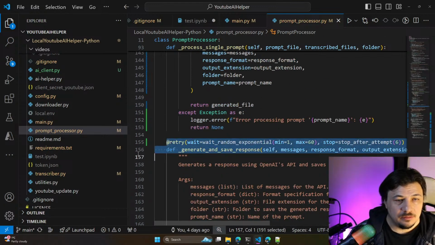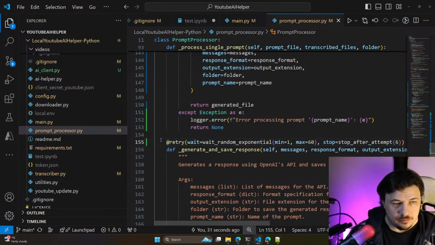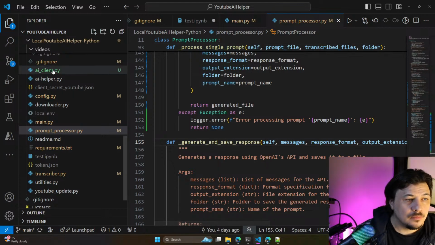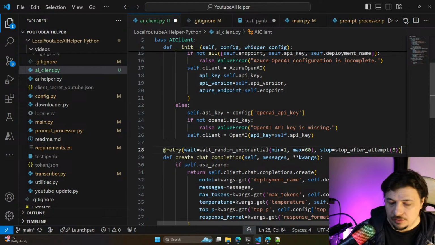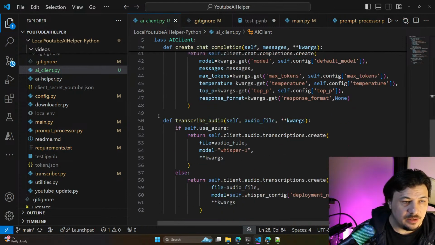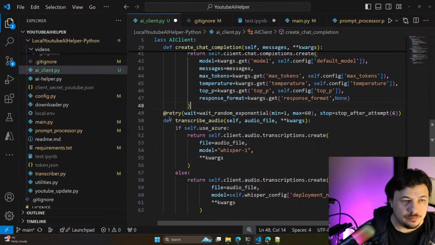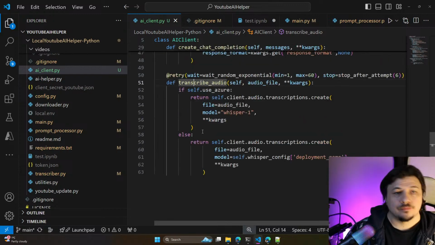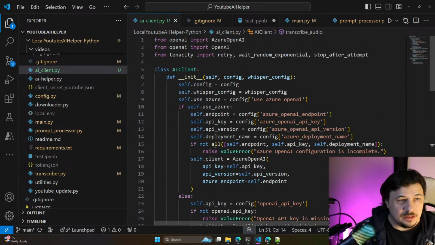Retry. Okay. And in AI client, we will do it for both of our methods. Retry here and retry here. I think it looks good.